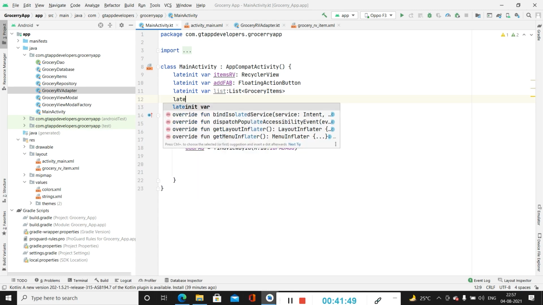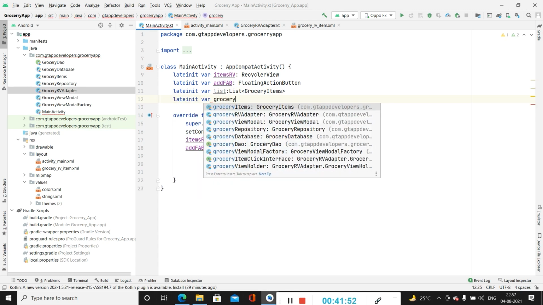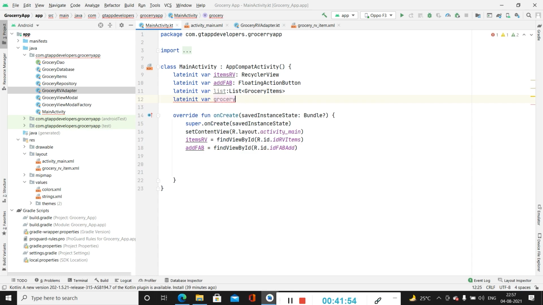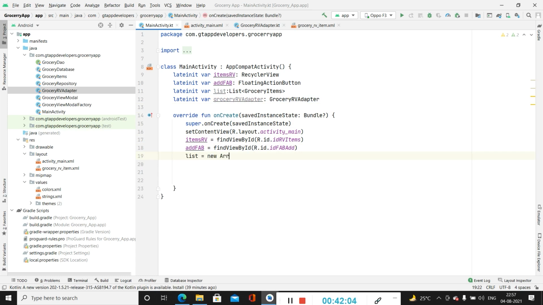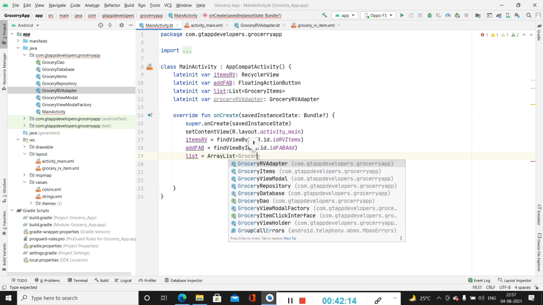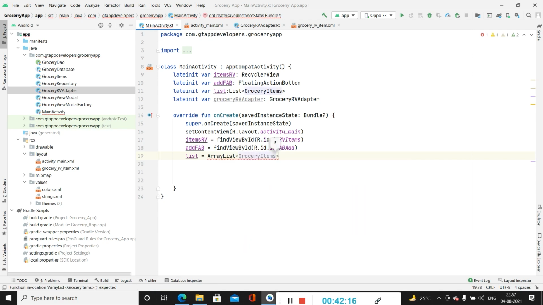Then for our adapter, after that we have to initialize this list as well as adapter. Now we have to initialize our grocery RV adapter.